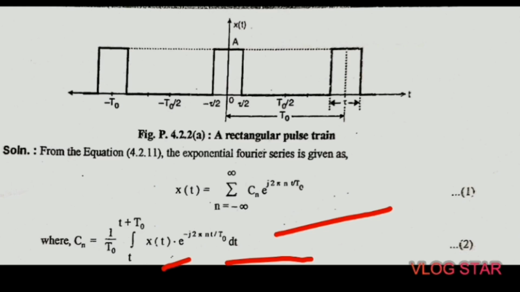So let us consider one cycle of x of t which is extending from minus tau by 2 to plus tau by 2. Let us see